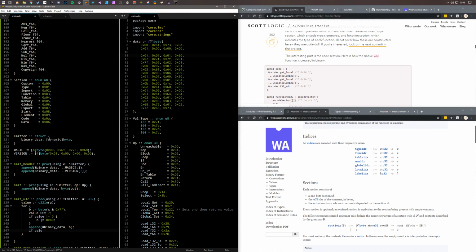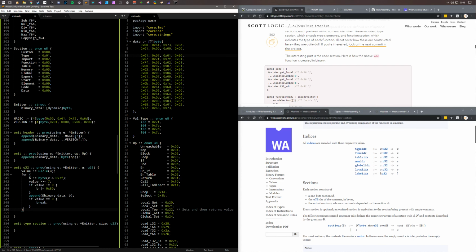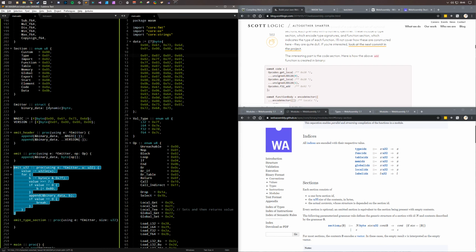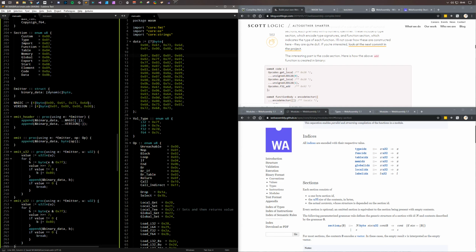And if value equals 0, we then break. Yeah? And technically this is the same for U64